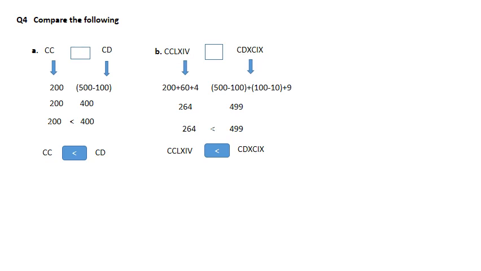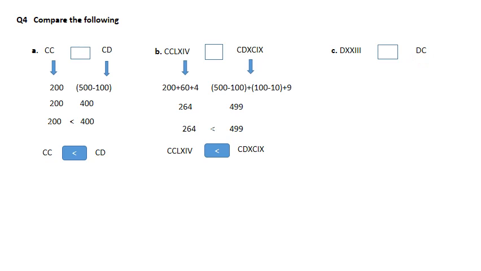Okay, the next one is C. What is given here? D, X, X and 3 times I. So the value of D is 500. The value of X plus X, 10 and 10, becomes 20. And this 3 means 3, so this is 23, and this is 500. So your answer will be 523.